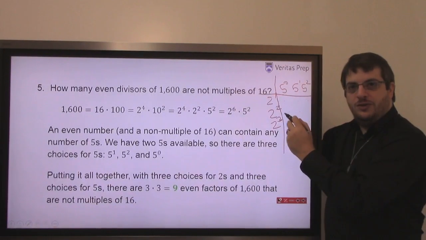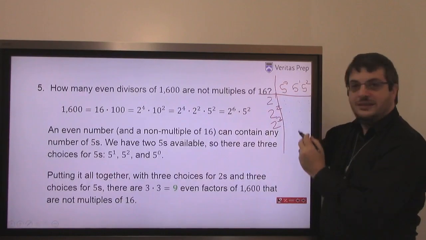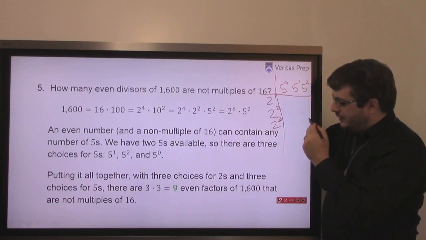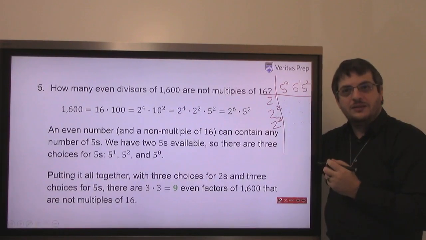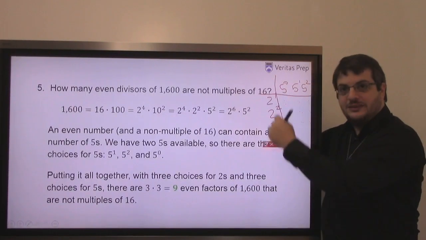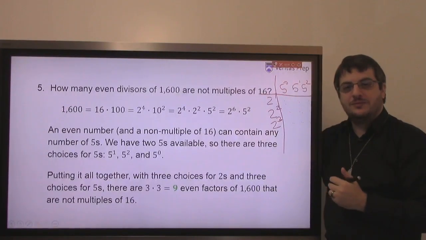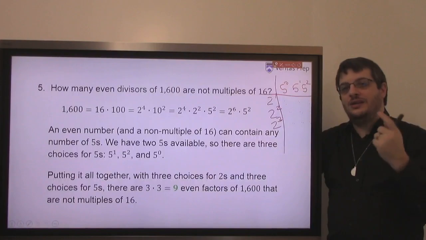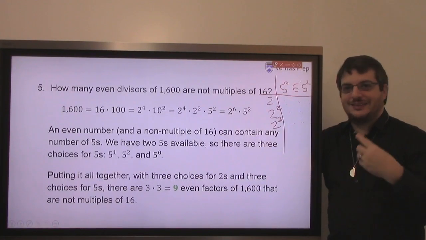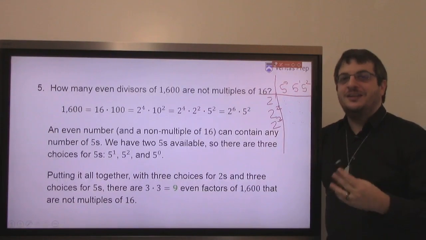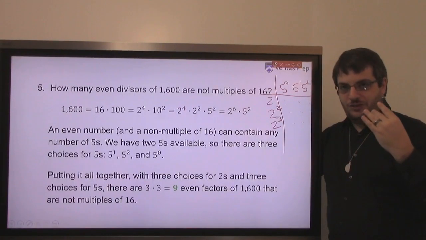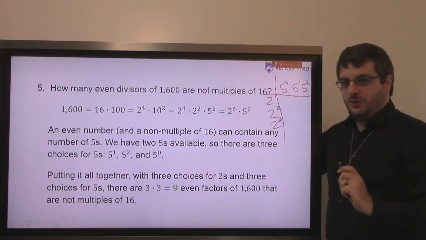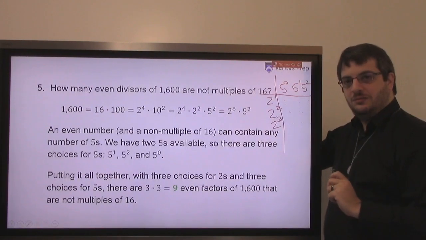Because if I had 2 to the 1, I could take this or this or this. If I had 2 to the 2, I could take this or this or this. If I had 2 to the 3, I could take this or this or this. Abhishek, does it make a little bit of sense why I'm multiplying here? Anytime you're counting options, this goes into combinatorics, and that's a whole other lesson topic. But within combinatorics, if you're choosing some number of one thing and some number of the other, you always multiply, and that's what we're doing here.